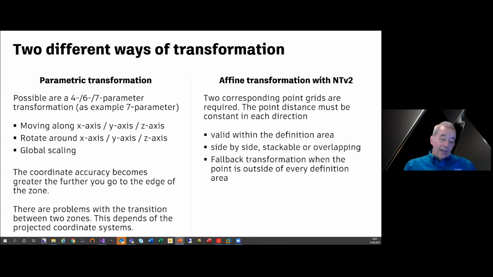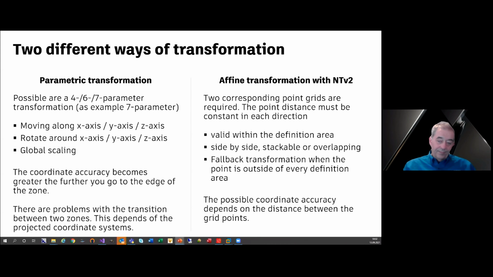And it is good style to define a fallback transformation for when the point you're searching for is outside of every definition area. The possible coordinate accuracy depends on the distance between the point grids.